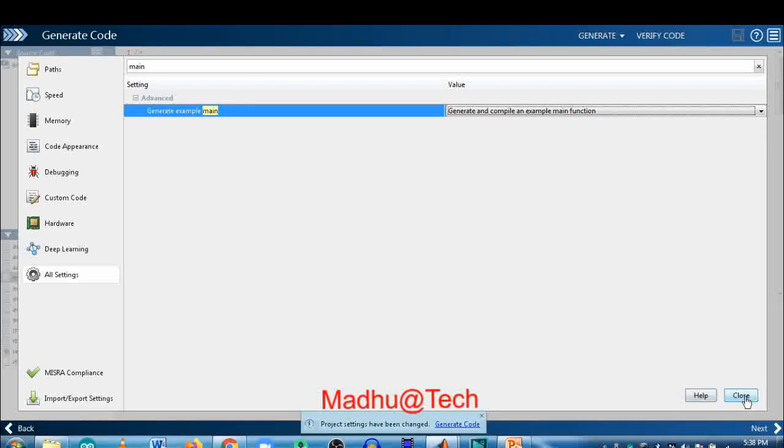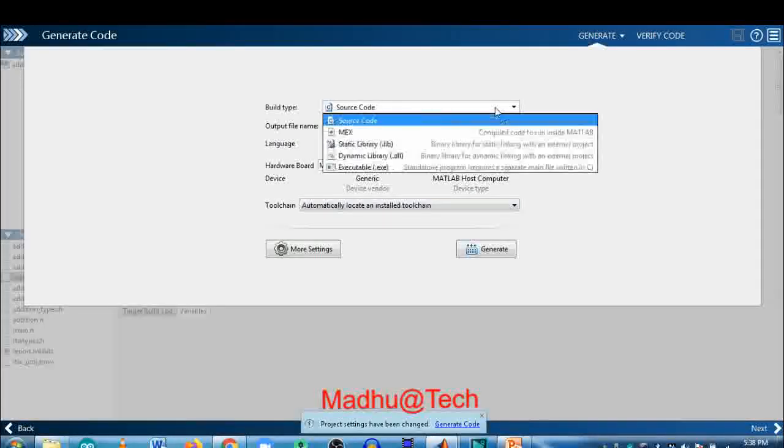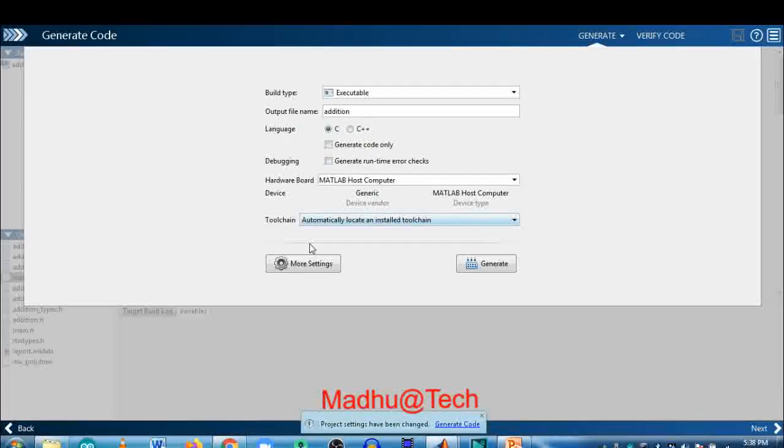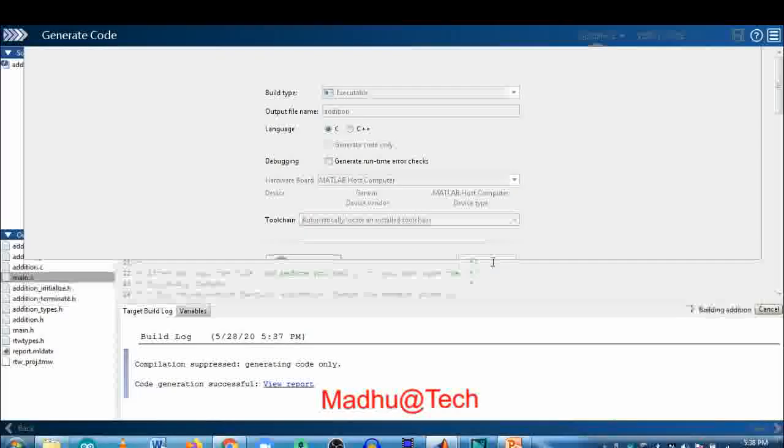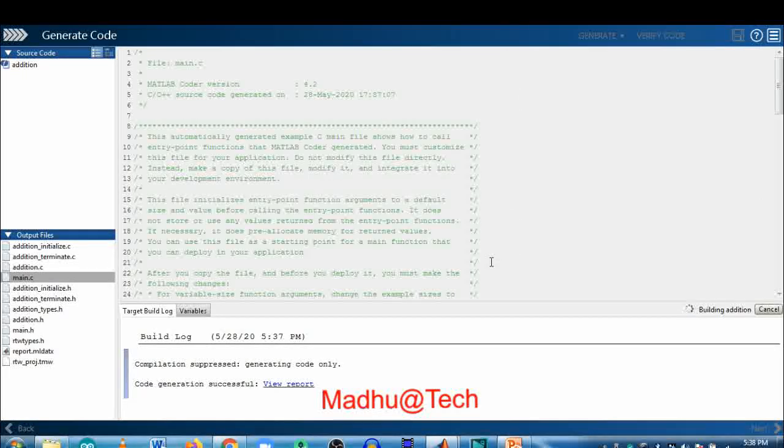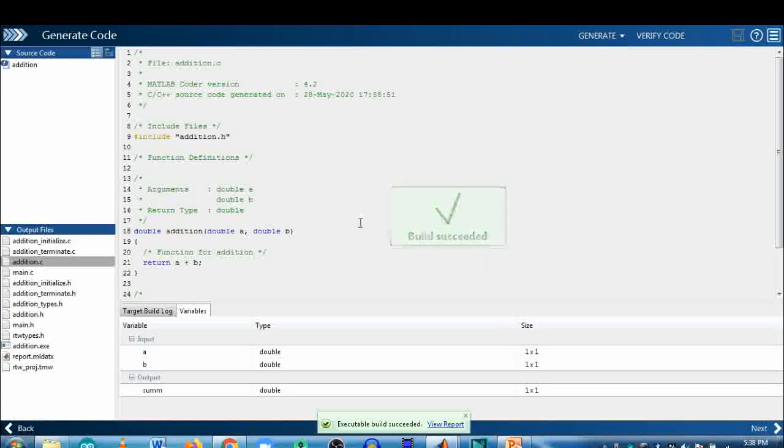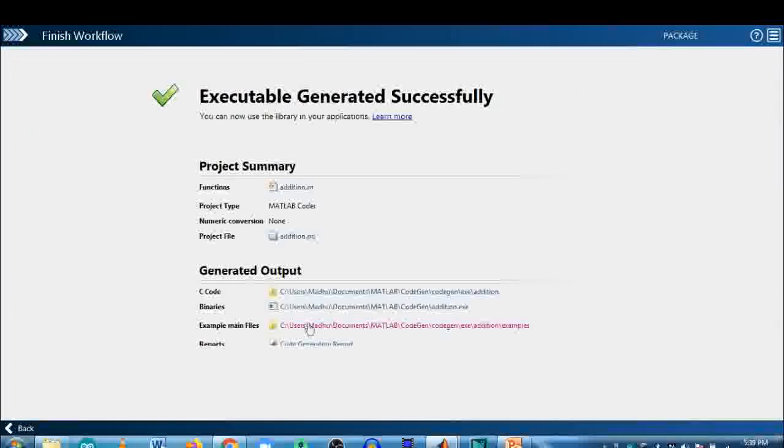Select this and close at the right side below. Now select executable file, now generate. It will generate the executable file. Successful. You can see four files: C code, binaries, that is the addition.exe file generated, example main files, and reports.